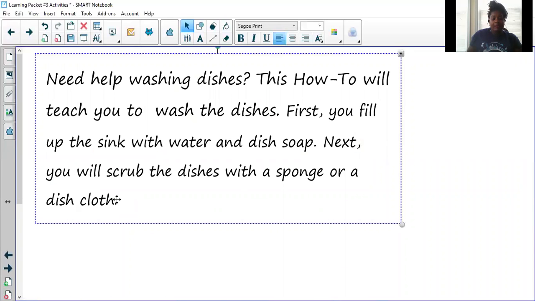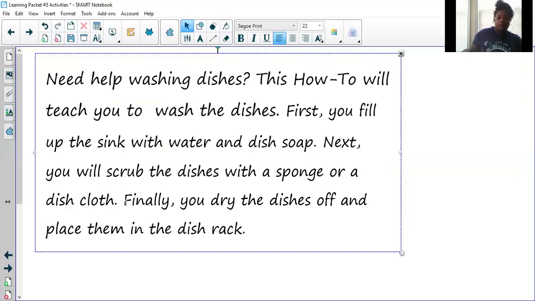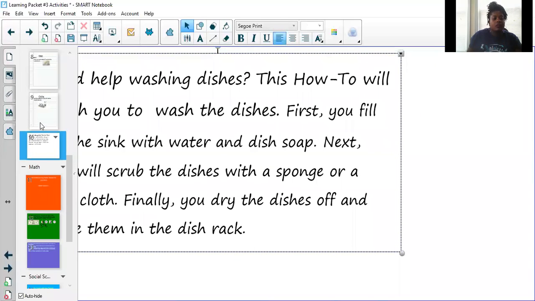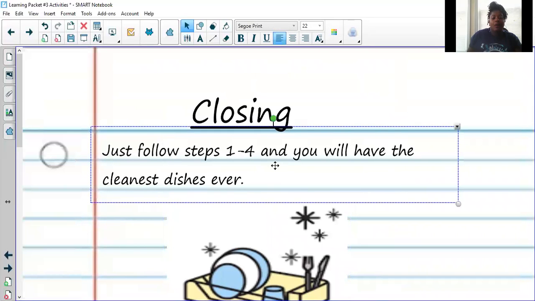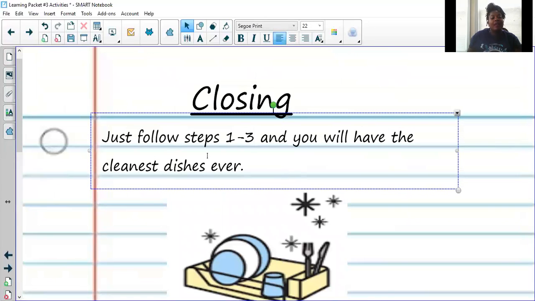And then for the last part of my paragraph, I'm going to add the closing. If you notice, I didn't label each part of my paragraph. I wanted to break it down. Ooh, I only did 3 steps. So the last one says, just follow steps 1 through 3, and you will have the cleanest dishes ever. So that was my ending